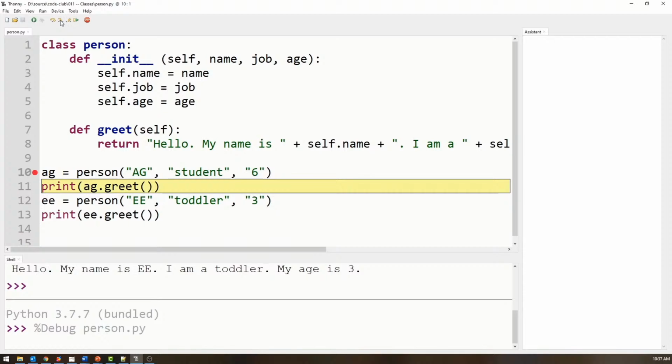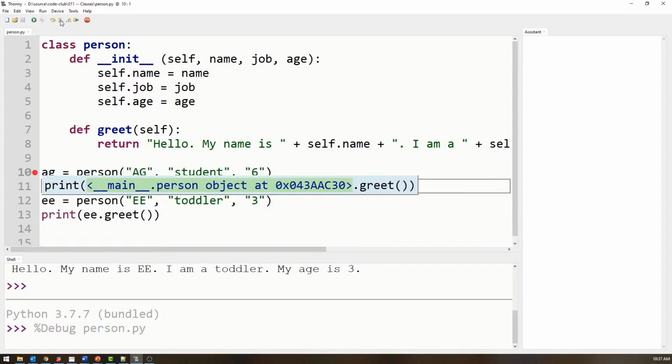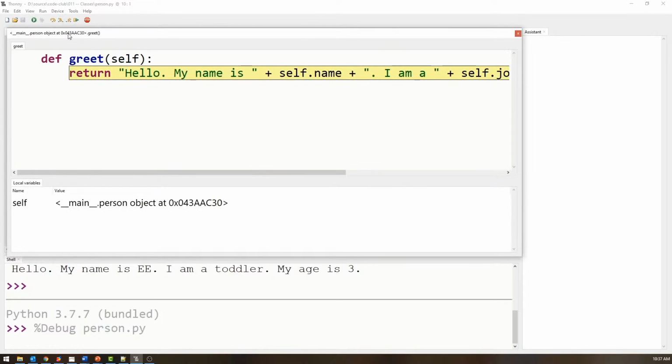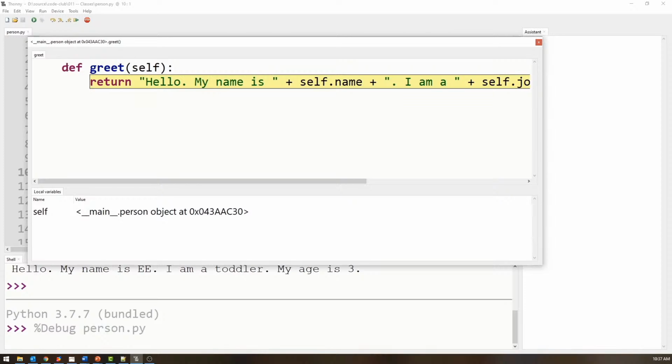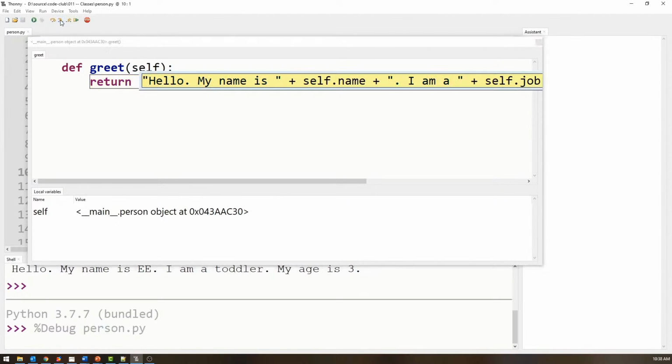And then it's going into print, and then going down into the greet method that is on my class. So let's see it go into that method here. Let's see if it goes into there. So it's popping up a new window. It's got the method greet, and it's got a reference to self right here. I didn't have to pass in any additional parameters, and it's doing hello, and it's going to consolidate this down into the string